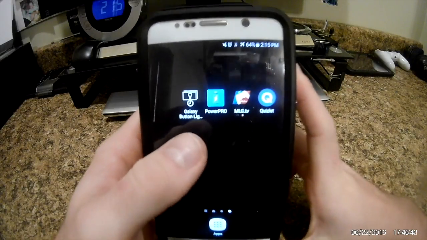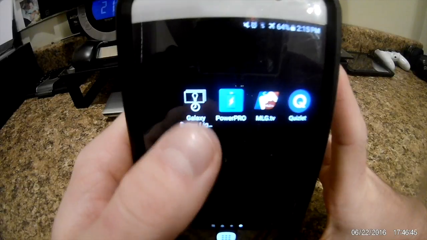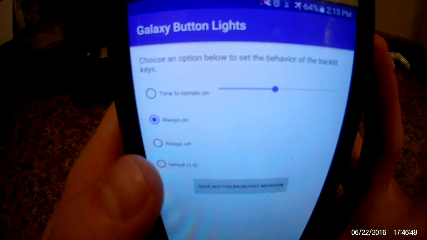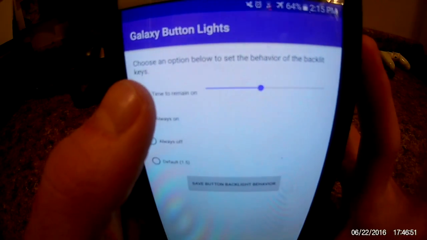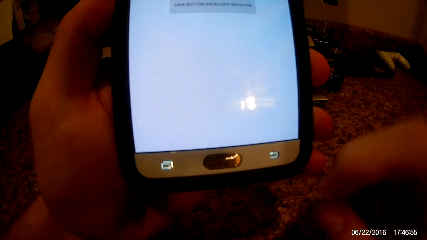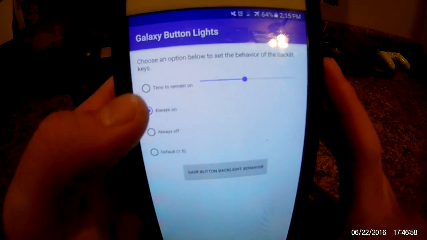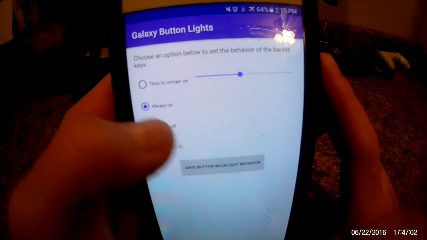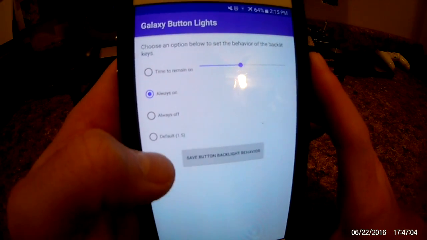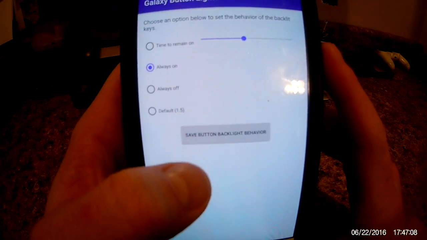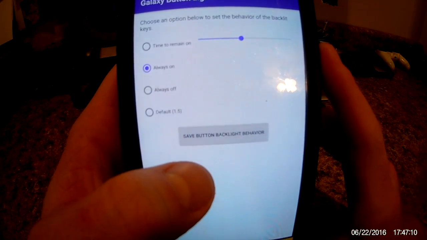We're going to start off with our first app here, which is our Galaxy Backlight, back button light. Basically what this app does is you can control your backlights, which are down here, your menu and your back button. Your first option is time remaining, on how long you want to keep them on. Then you have always on, always off, or default. If you choose one of those, then you just hit this button right here, which is save button backlight